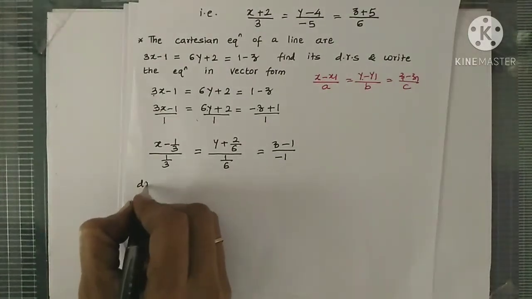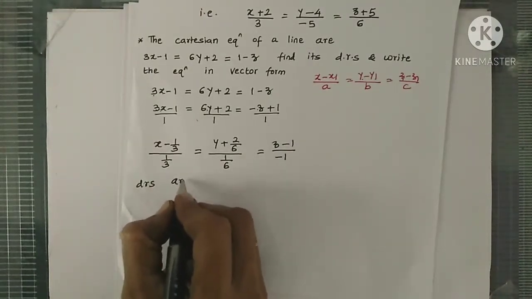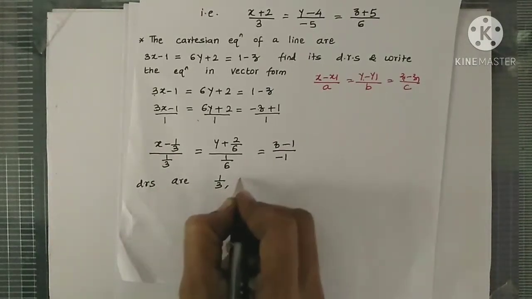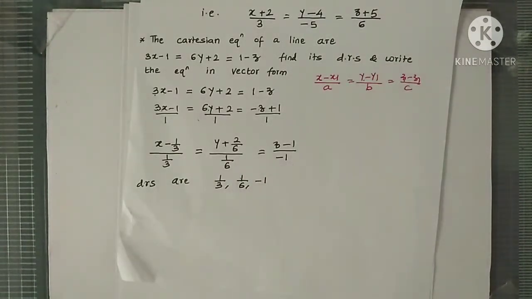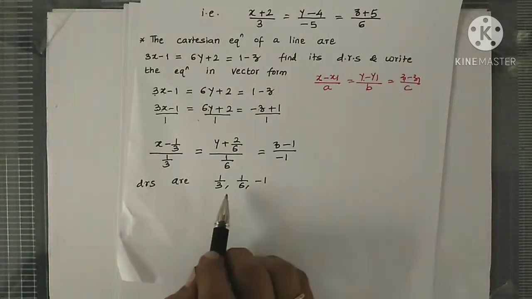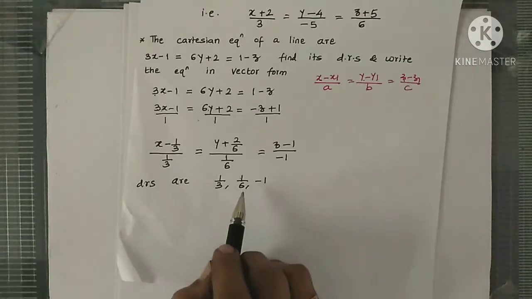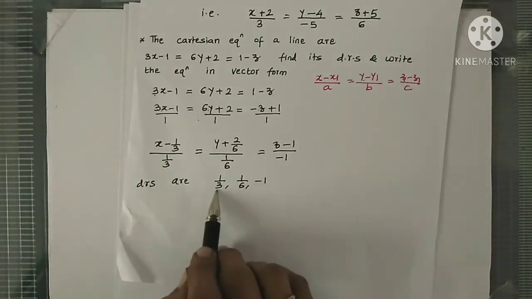Okay. Now let's write the direction ratios. So direction ratios are 1 by 3, 1 by 6, minus 1. The terms in the denominator are direction ratios. We know that the set of direction ratios is infinitely many. If you multiply these numbers by any constant other than 0, then again what we get is direction ratios of the same line. So to avoid this fraction in the denominator, if we take the LCM,